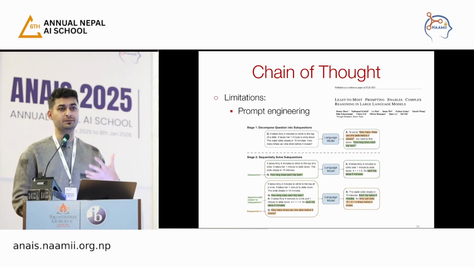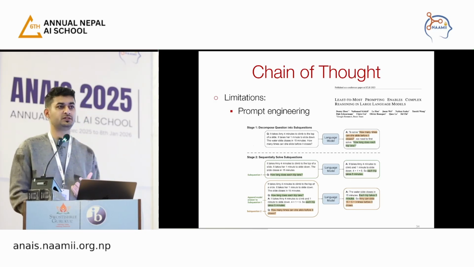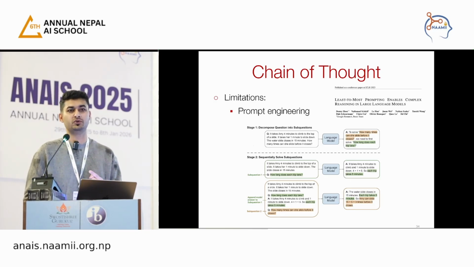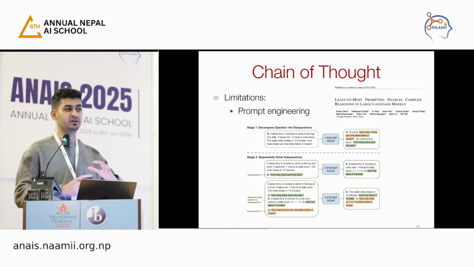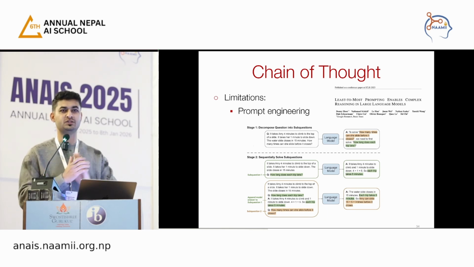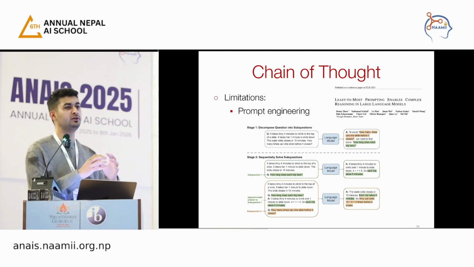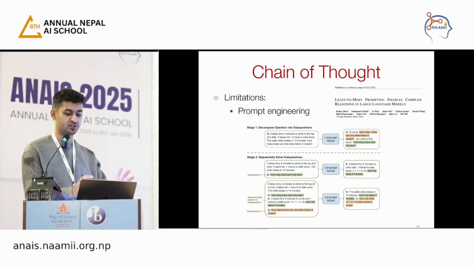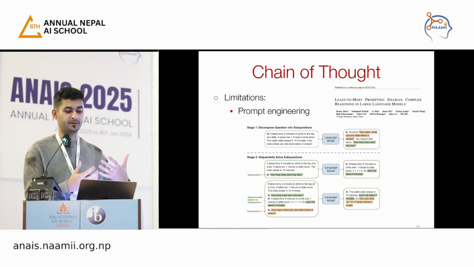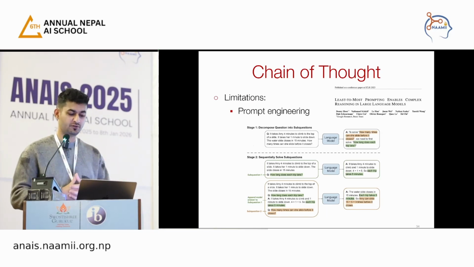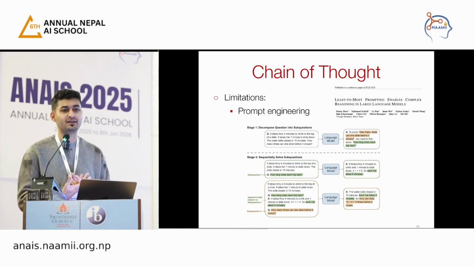Coming to limitations. The good thing about chain of thought giving good performance is that we don't need to train or fine-tune the model. But the bad thing is that we have to do prompt engineering. And it goes back to what we started with in the previous lecture on language models: we have self-supervision, we don't need to supervise things, but now we are again coming back to supervision. We need people and domain experts to draft prompts, and these prompts should not be noisy.